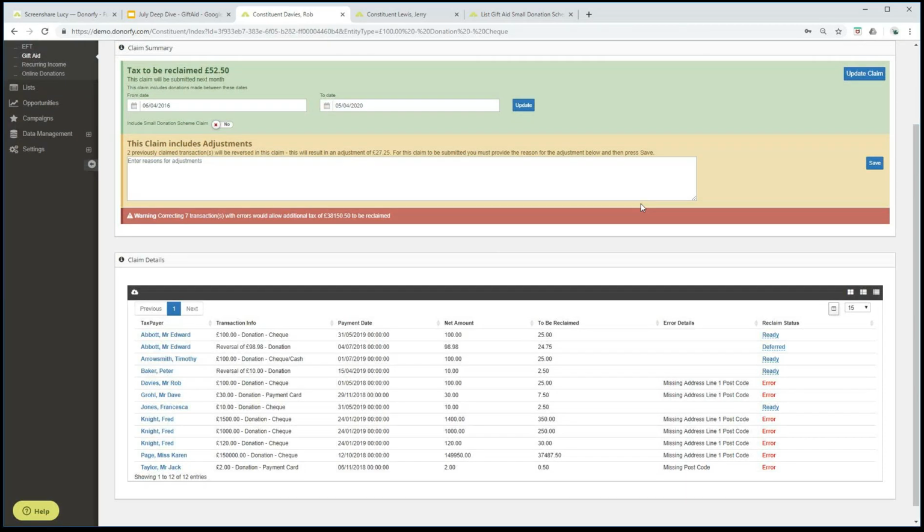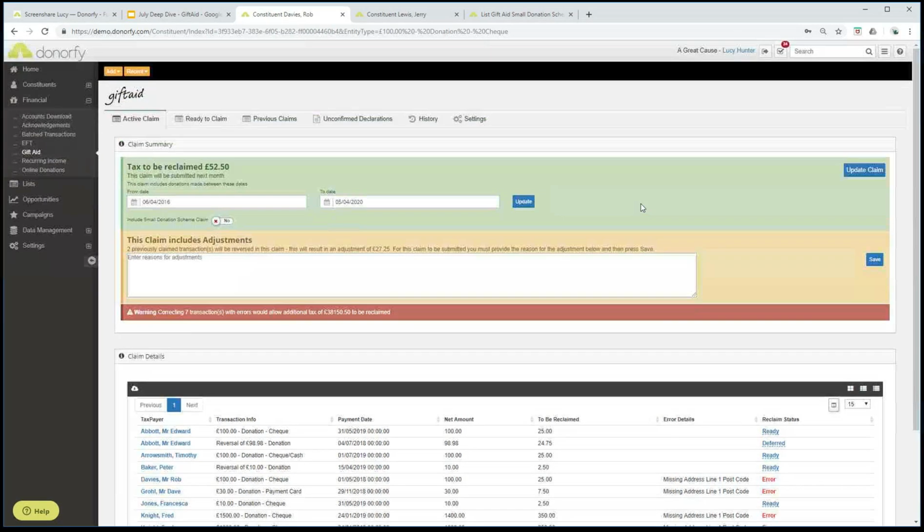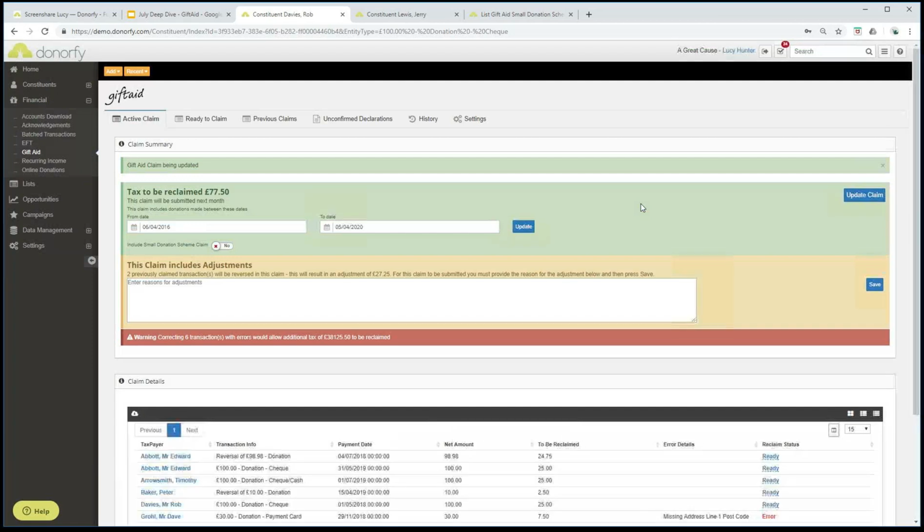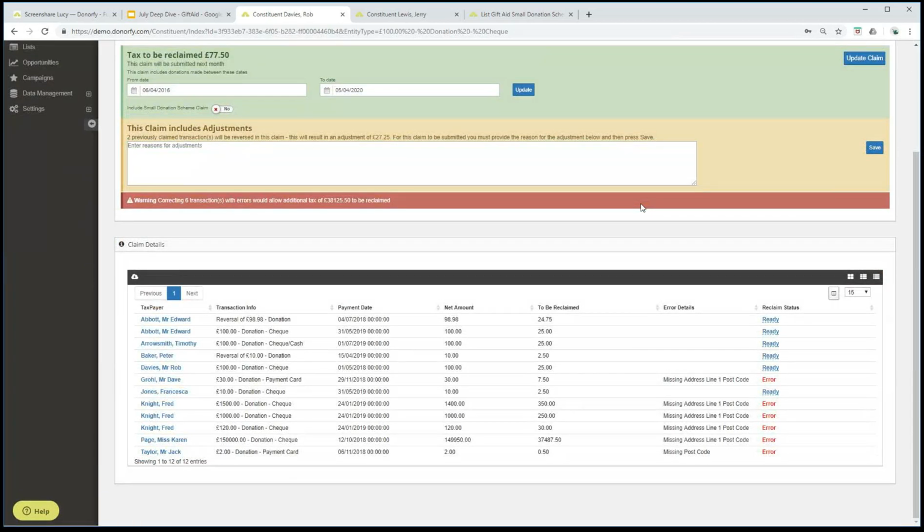And we should then see the change on his, oh, I think I've got a different claim here. So we'll then see that those errors have been automatically updated. So, oh, there's Mr. Rob Davies. So let's just update the claim actually, and then that will update it. There we go. You can now see if we track along the line for Rob Davies, it's now ready because